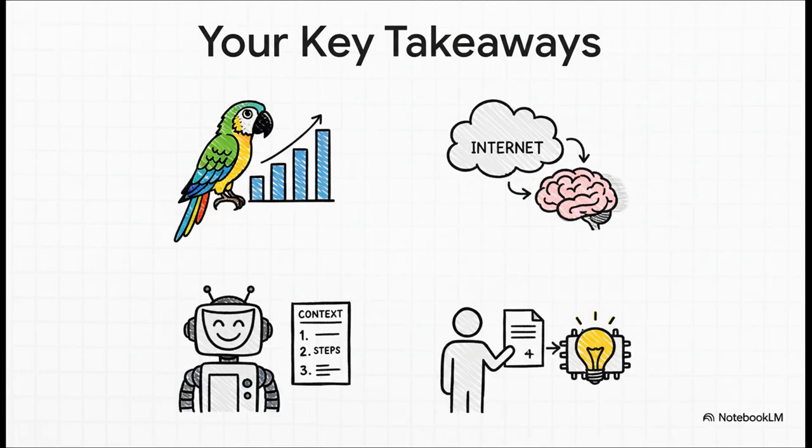So, what's the big takeaway here? Well, first, remember, they are statistical systems, not all-knowing oracles. Think of their knowledge as a compressed, kind of fuzzy zip file of the internet. Their personality? That's learned purely by imitating humans. And, most importantly, you will get far, far better results if you provide key information in your prompt, giving it that working memory, and ask it to think step by step.